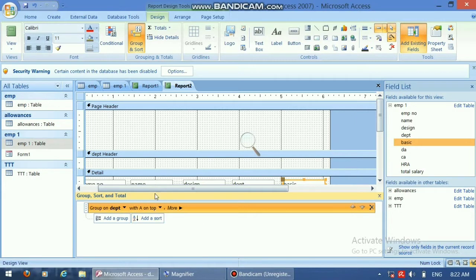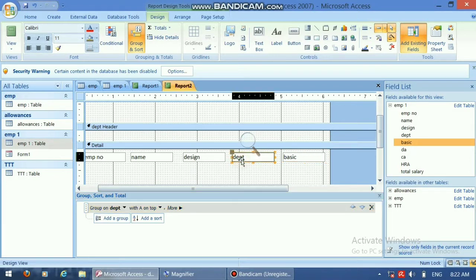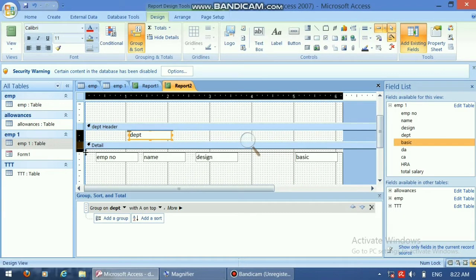You see the department header will come in this dialog box, and you drag this department field to the department header. You can create more space in the department header also by dragging detail downwards.